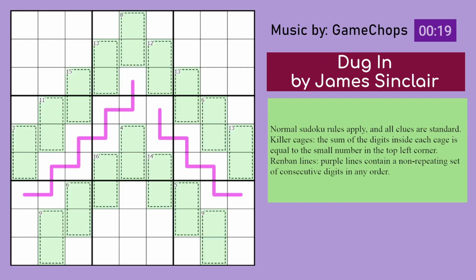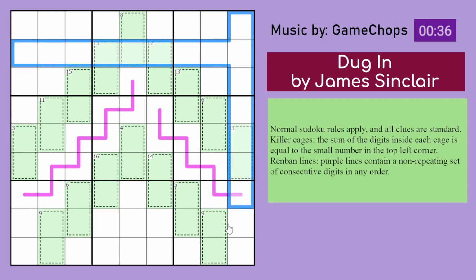Hello, this is Dug In by James Sinclair, part of his Artisanal Sudoku Volume 112. This one does have killer cages as opposed to the previous puzzle. So yes, killer cages are back, with also these pink lines which are Renban lines. Alright, let's see. Normal Sudoku rules apply, so place the digits 1 to 9 every row, every column, and every